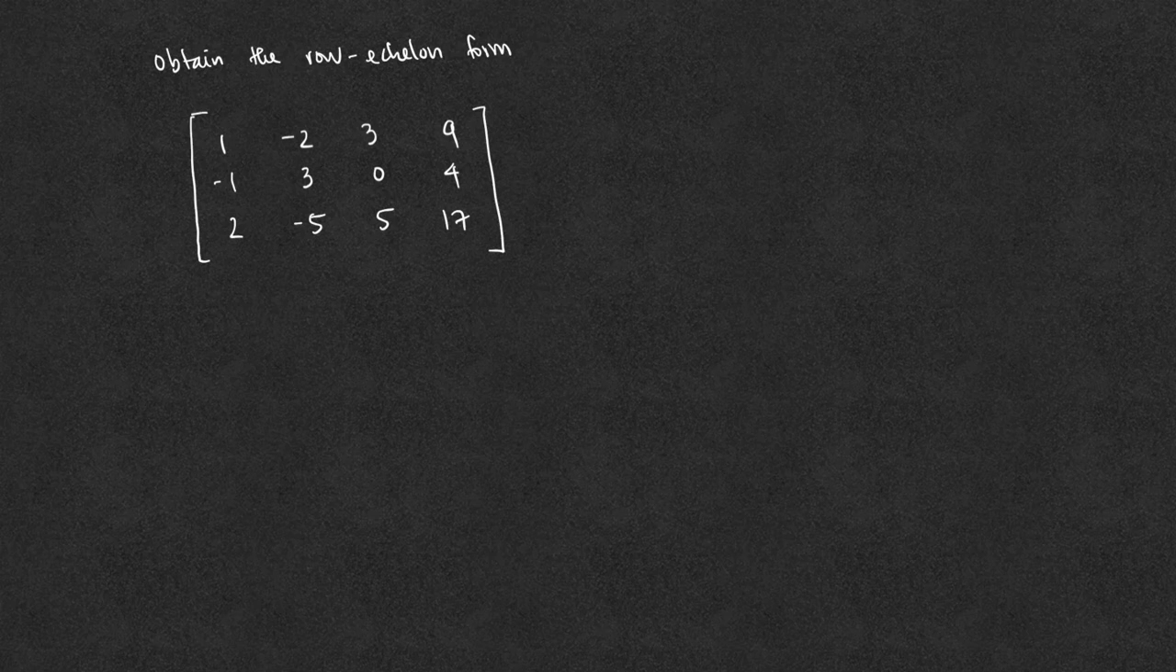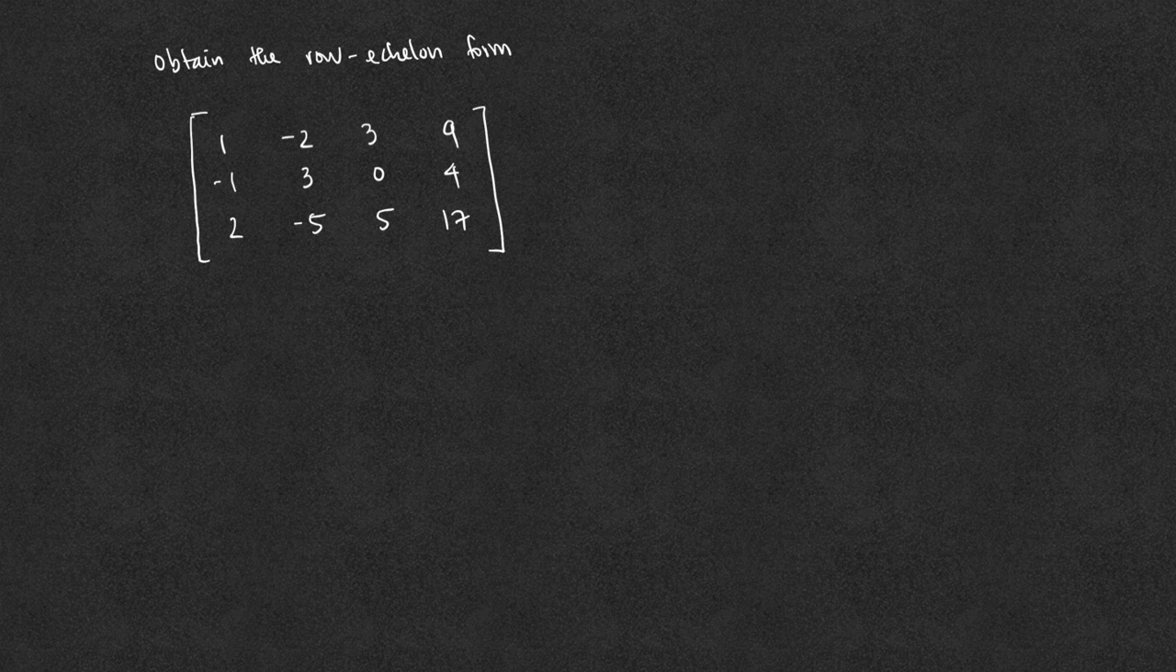Obtain the row echelon form of the matrix 1, -2, 3, 9, -1, 3, 0, 4, 2, -5, 5, 17. The row echelon form is the form where the diagonal entries are all 1 and all of the entries below those ones are 0. First, we need to get rid of the -1 in the second row by performing the